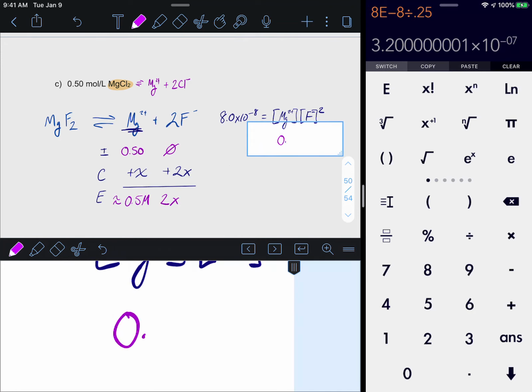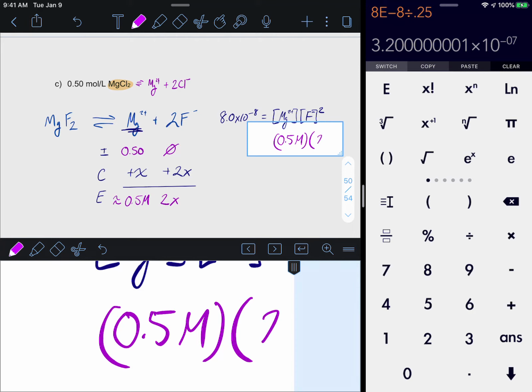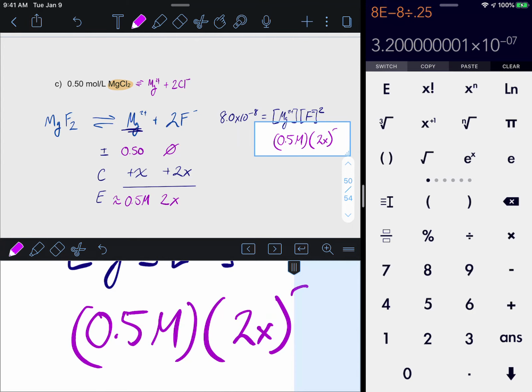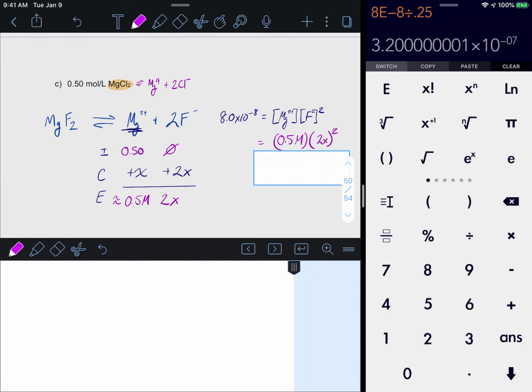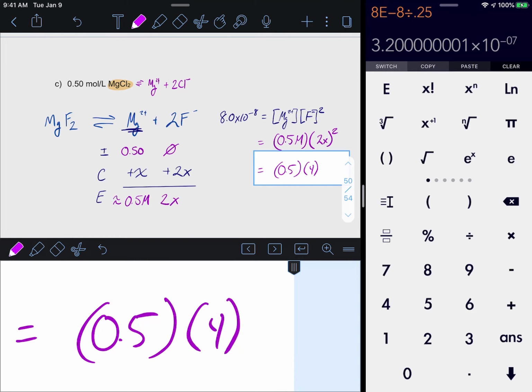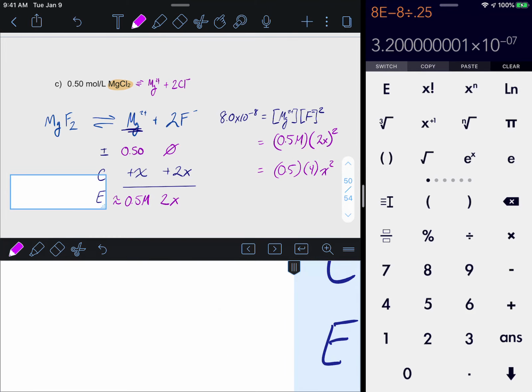Replace your values, 0.5 molar times 2x raised to the power of 2. And so now we're going to get 0.5 times 4 times x squared, which is going to give us 2